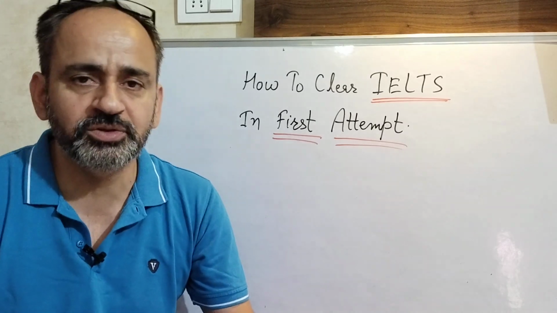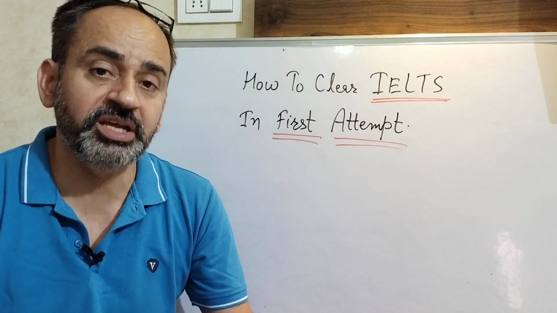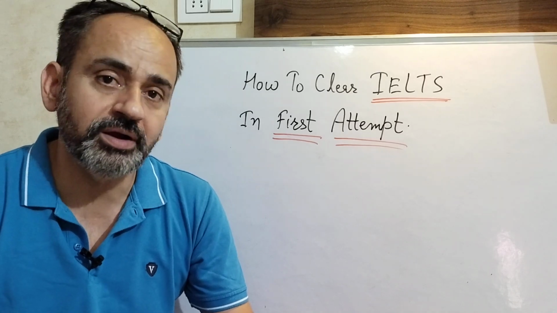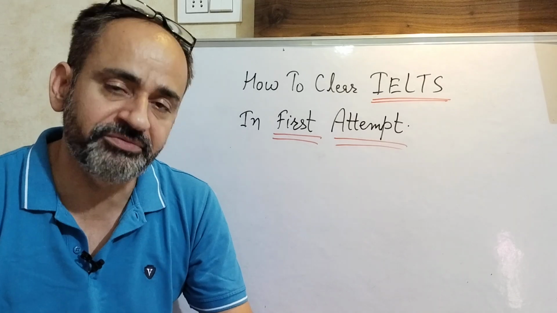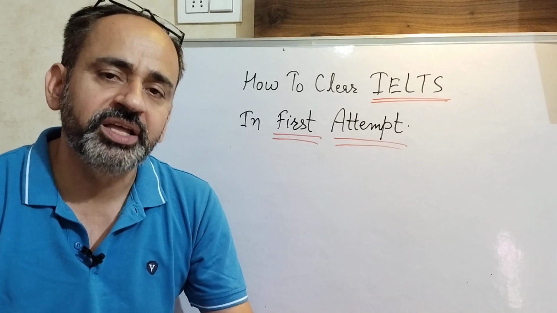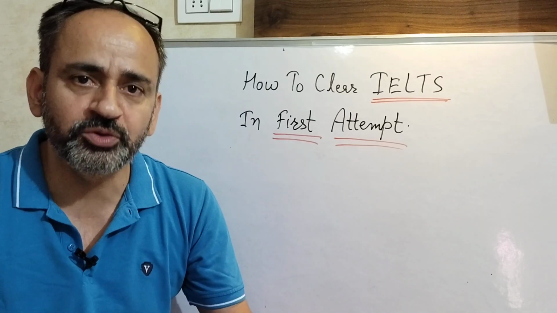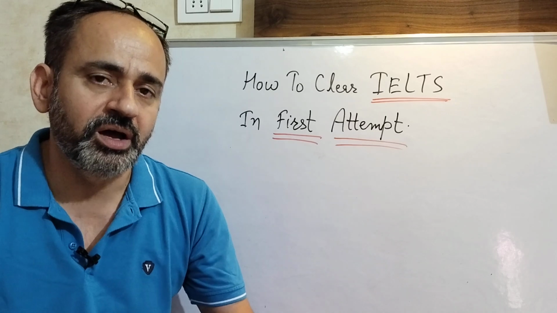You know why most of the students are not able to clear IELTS in the first attempt, or they take 4, 5, 6 attempts to clear it? They do not start their IELTS practice in a systematic way and they don't have any plan for that. So that is why they again and again appear in IELTS. So this video is for those students who are just about to start their IELTS and don't know what to do in the beginning.